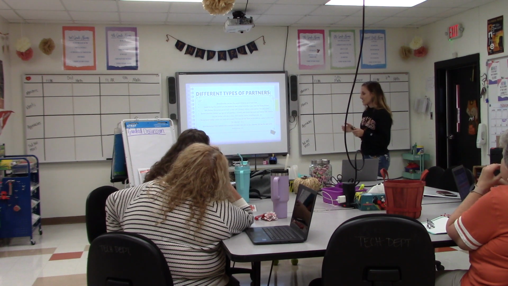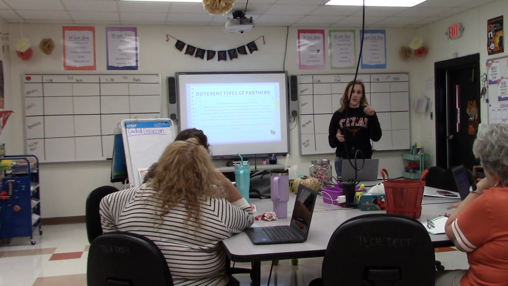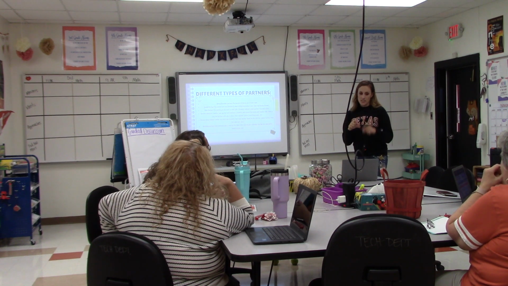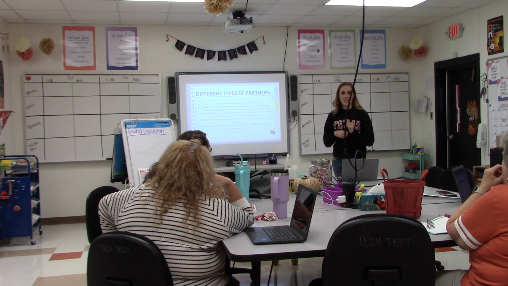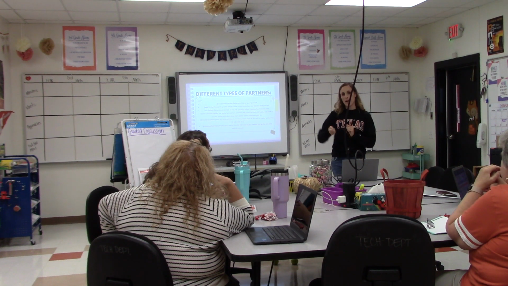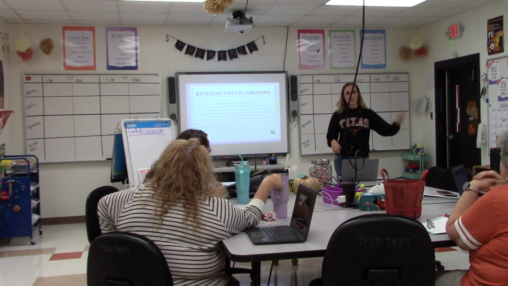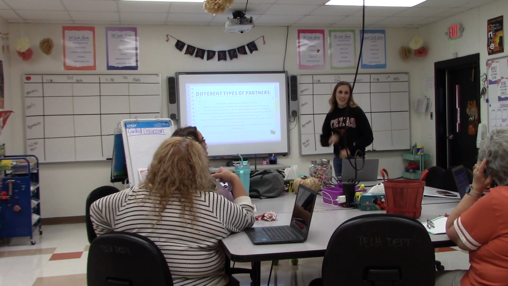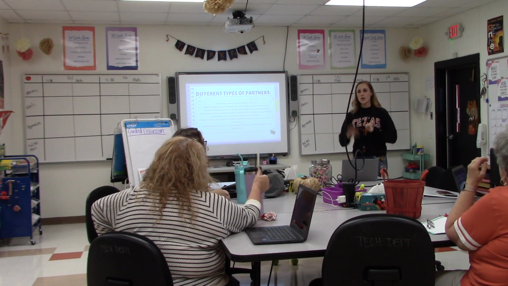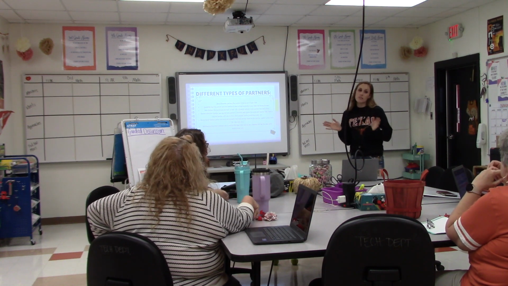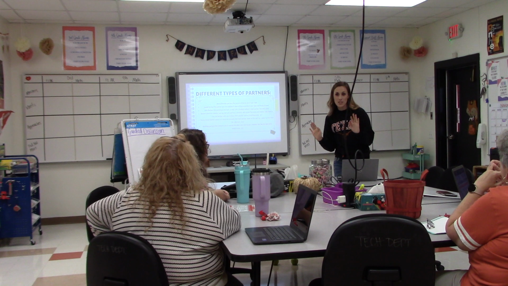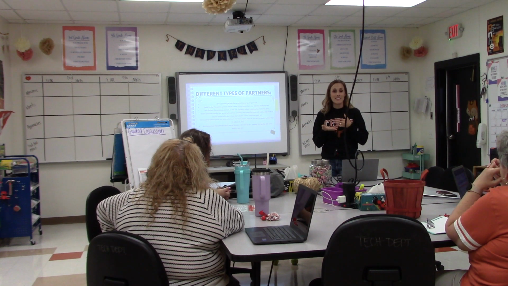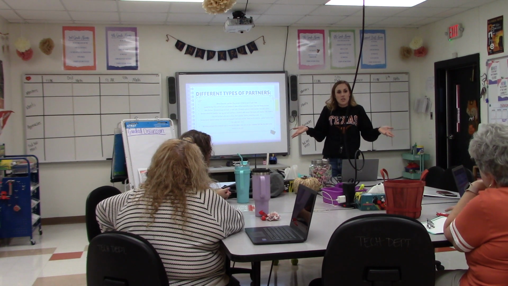Random selection: the teacher can use an app, and it'll randomly select. I had these cards that I love to use, and if I knew I was going to do partners, I would pass them out when kids were walking into the classroom. So it had peanut butter, and it had jelly. One was a baseball, one was a bat. That was always hilarious to me, because you get a view into who their matches are, and you get a view into their lack of what I would assume is common knowledge.